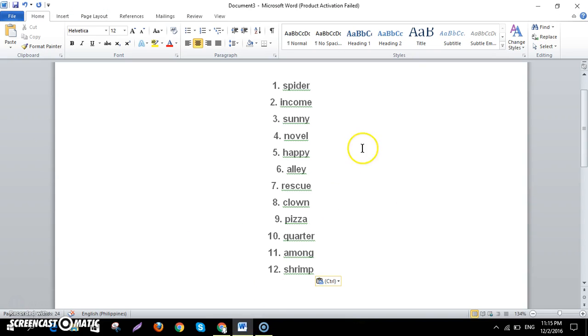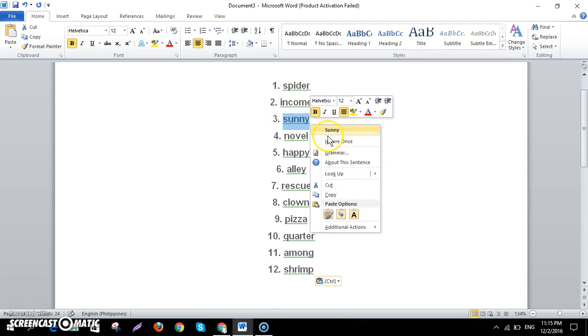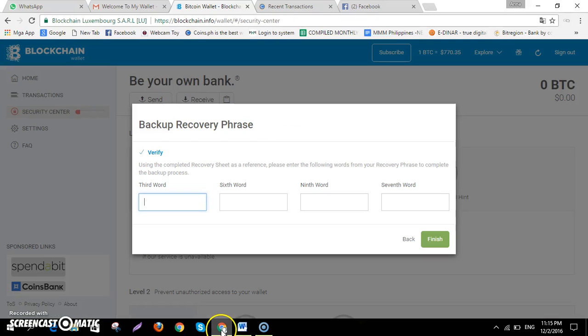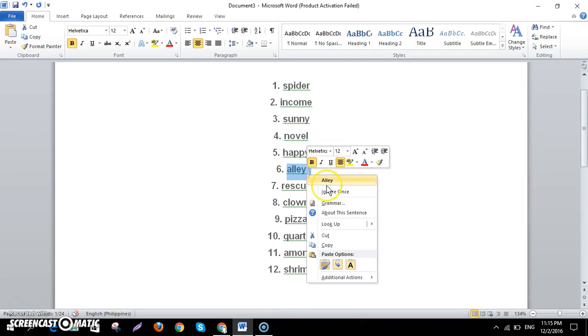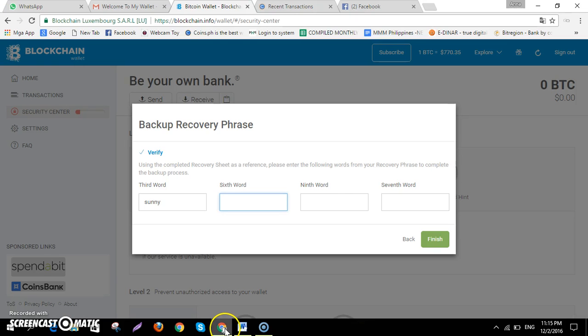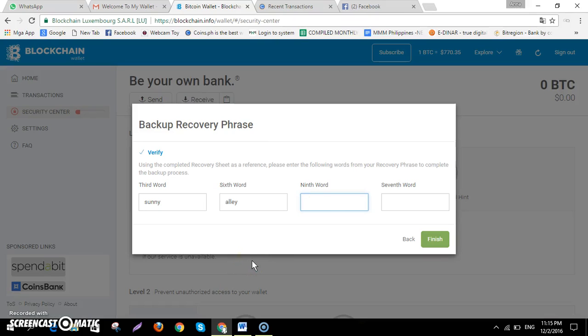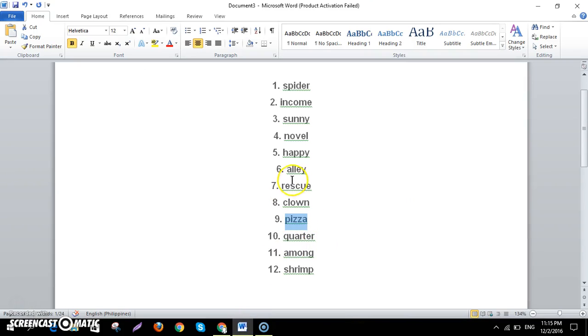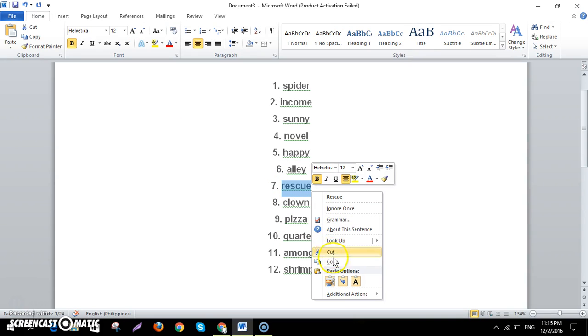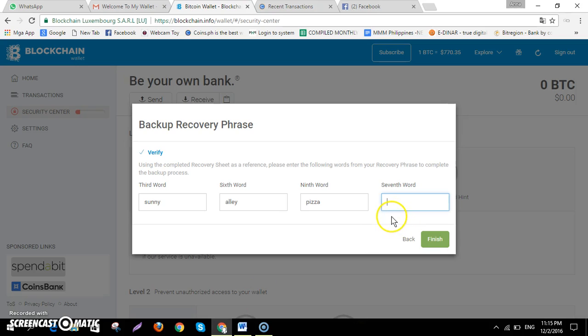The third word, we're going to copy this one, copy, and then paste it, and then the next word is 6, copy, and then paste. 9th word, so copy it again, paste. 7th word, and then click.